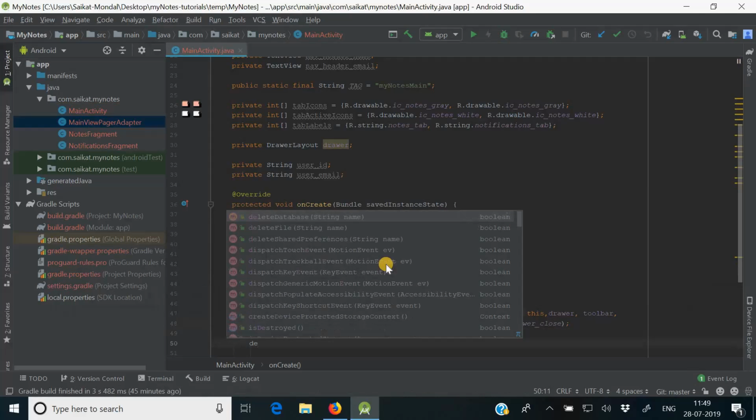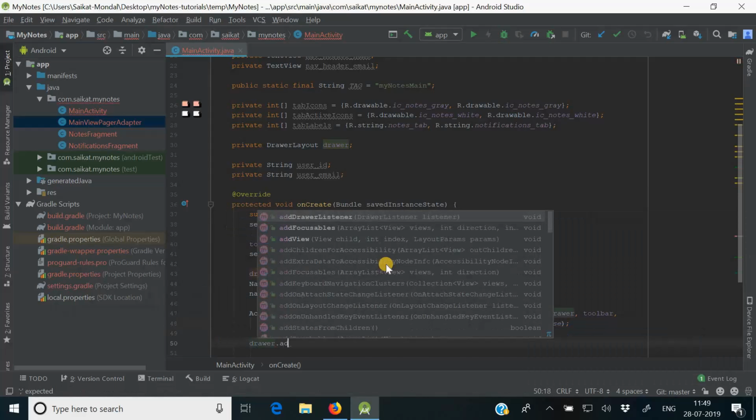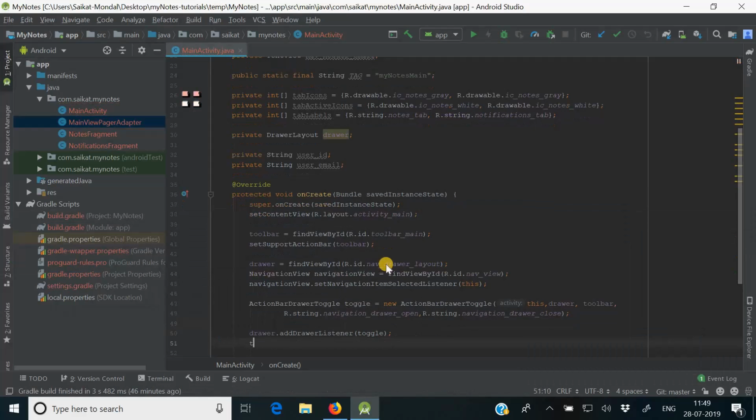Next, drawer, add drawer listener, and it will need a toggle, and toggle dot sync state. So this is done. Okay,